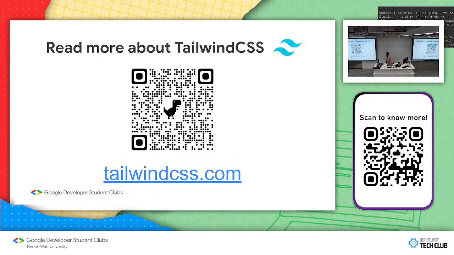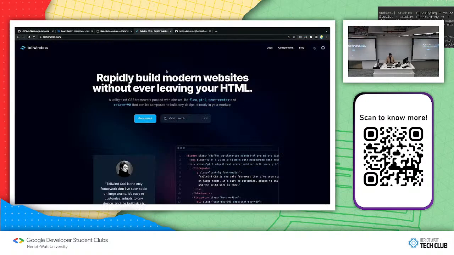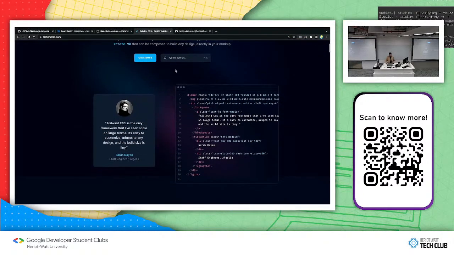So now moving on to Tailwind CSS. Tailwind CSS is another CSS framework we'll be using. So Material UI will mainly be for putting in components in our web page, whereas Tailwind CSS, for this session at least, will mostly be for positioning stuff on the screen. So basically adding more padding around something, adding a margin, or creating a flex box in CSS, and so on. So you can see that Tailwind CSS provides you with a very easy interface to add styles to